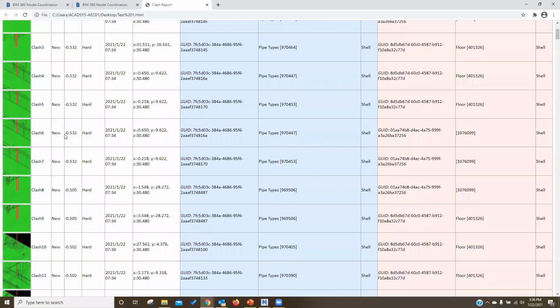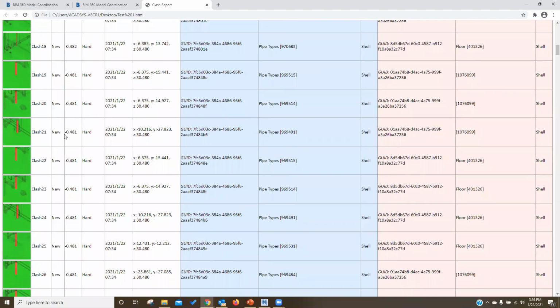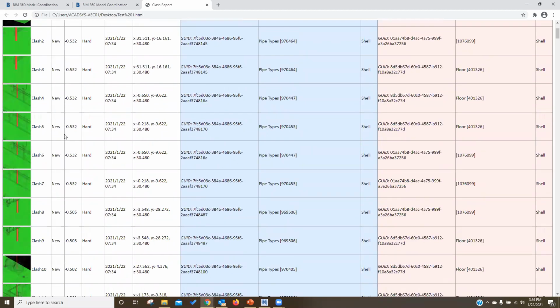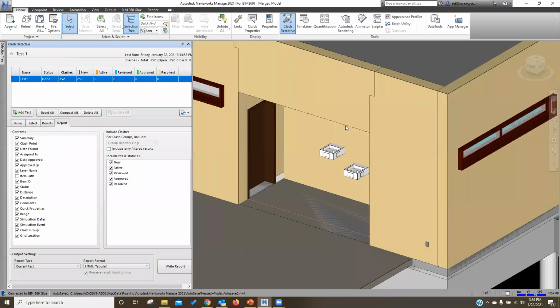This is for when you are the BIM coordinator or BIM manager giving reports to persons who do not have Navisworks or just have Revit. So this is the way that we were previously doing it, and if you still need to do it this way, you are able to do that by integrating Navisworks and BIM 360, and it is possible to merge the workflow.